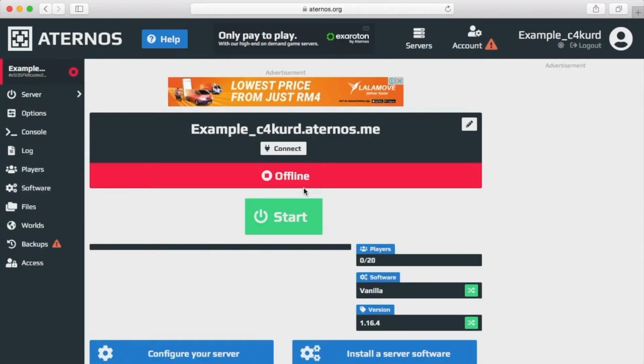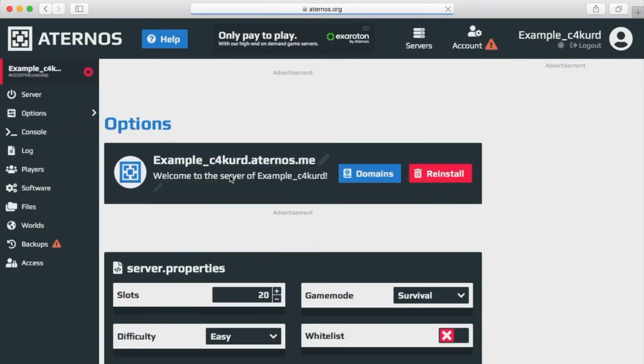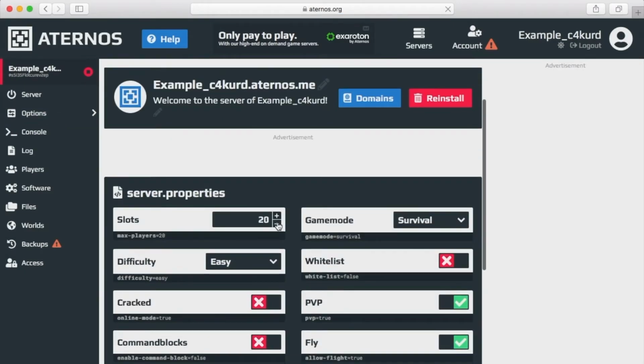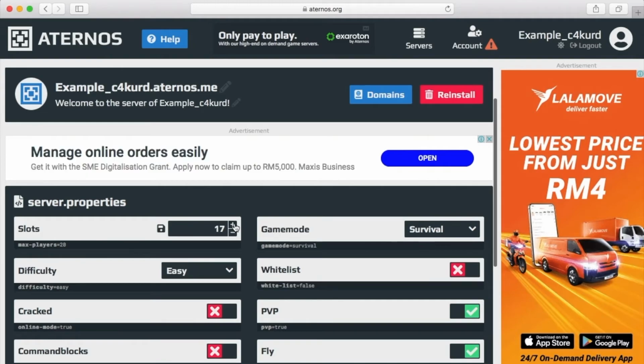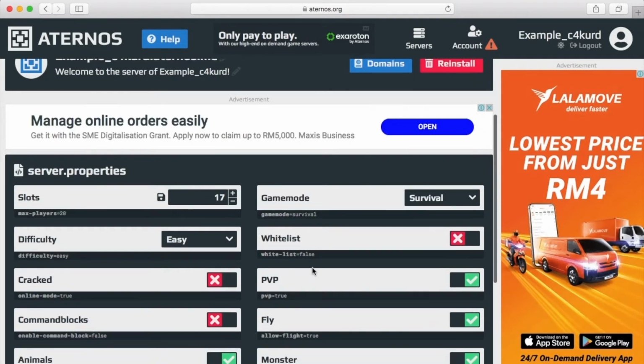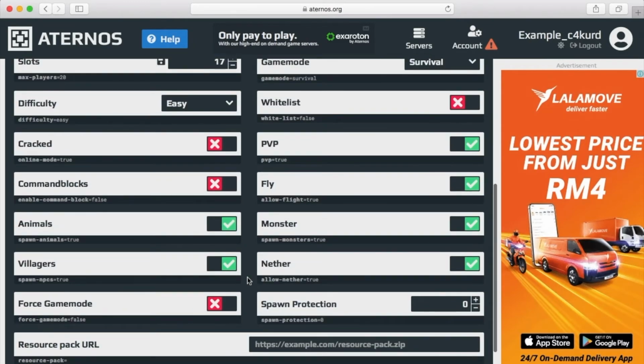So here you have multiple stuff. Firstly, you can click start to start your server, and if you go to options, you will have a lot of settings here. For example, how many people you want to be in the server, you can add them, you can minus them, what game mode you want, and it has a lot more stuff here. And you can change the